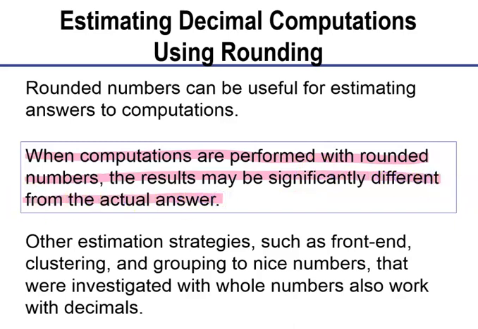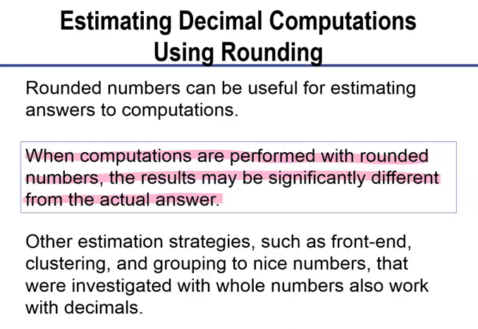Now you start talking about estimating, that is the point, right? If you're in the checkout line at Walmart, you start rounding. But addition and subtraction, that's not a big deal. But when you multiply and divide by rounded numbers, your error can be significant. So please, if you ever are going for accuracy, don't use rounded numbers, or don't round until you get to